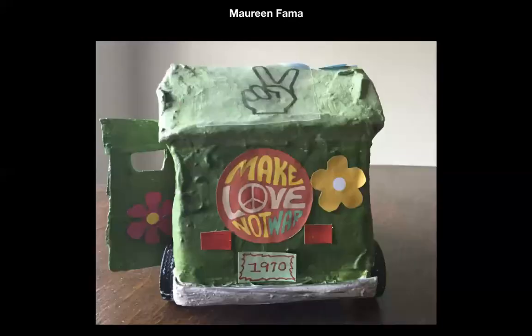Anyway, let me see. Okay. Oh, here's the back. 1970. Okay. Nice bumper. So,